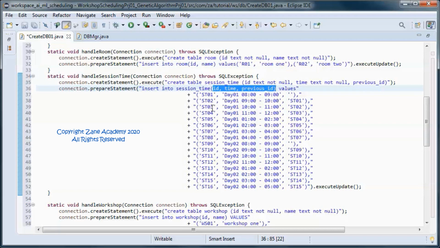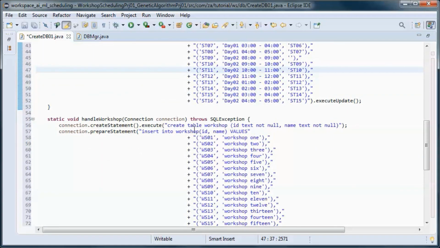So for example, this session time 02 has this time, and the previous time is this one. The previous ID is this one, and same here, this is the previous for this one, etc.